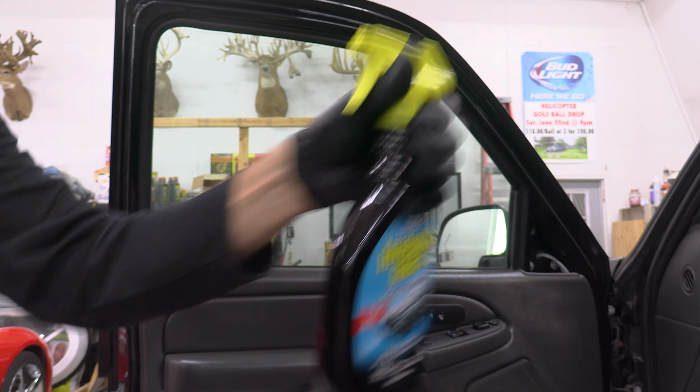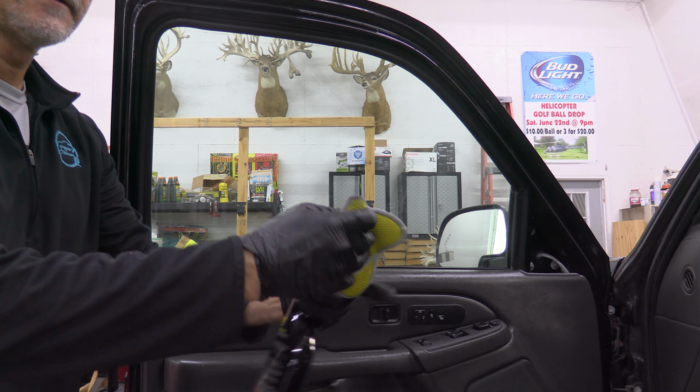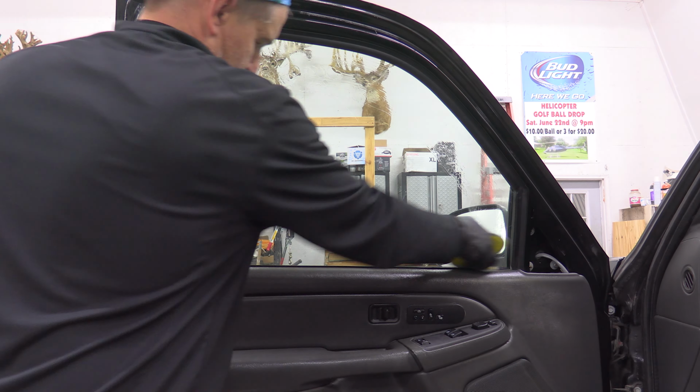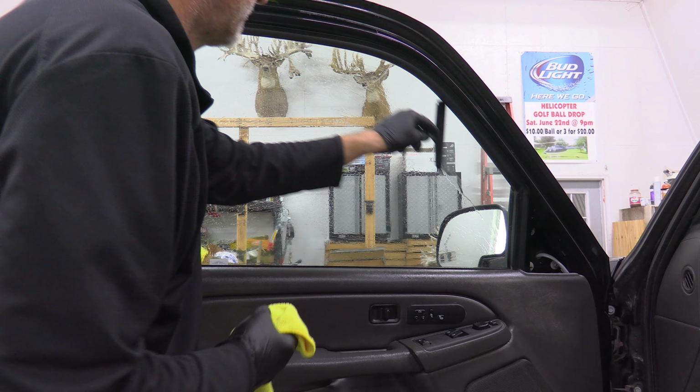The finishing touch is cleaning the glass. I'm trying out some Stoner's Invisible Glass. I've read some great things about it. I'm going to use my Star Scrubber here from the Scrub Ninjas. And the only unfortunate thing about this Stoner's Invisible Glass is I can't spray it on and then write in